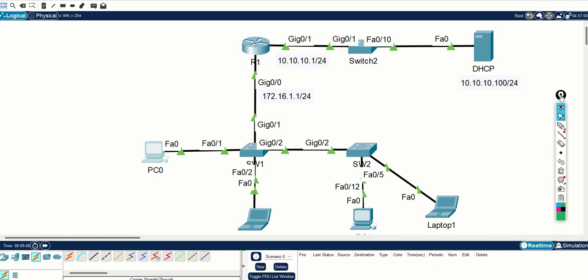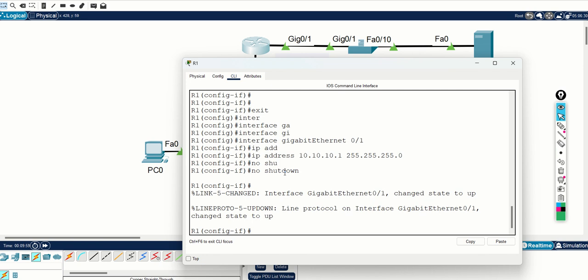There is one command, IP helper address or DHCP relay, right? The IP helper address command converts your broadcast into unicast, right? And that unicast, the router will send it towards your DHCP server. Now go to the router interface